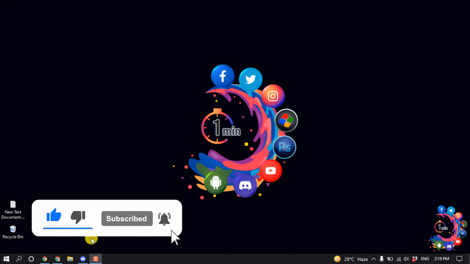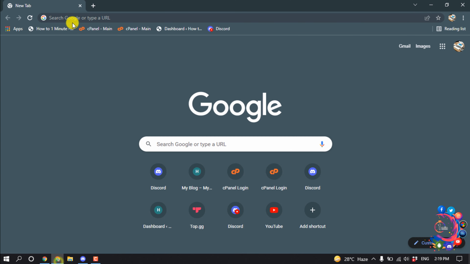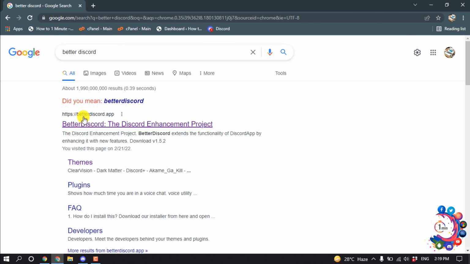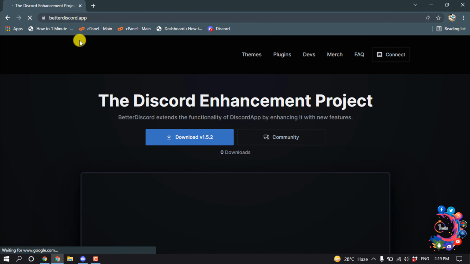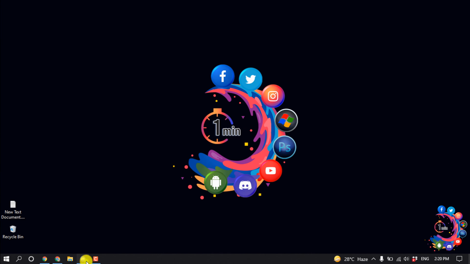So first of all, you have to install Better Discord. Open a browser and search here Better Discord and open this first link, betterdiscord.app, and now download this Better Discord application. You have to install this Better Discord on your computer, and after that you have to